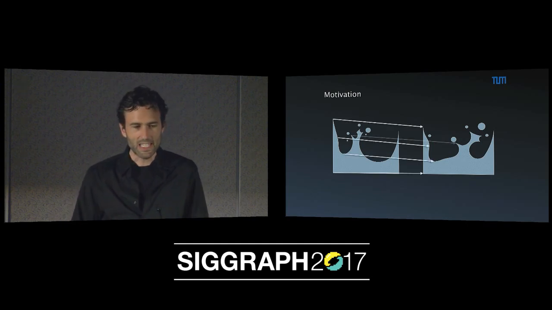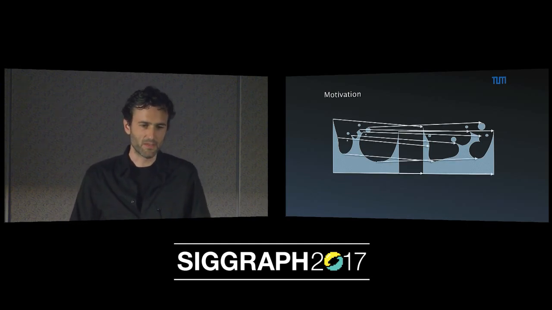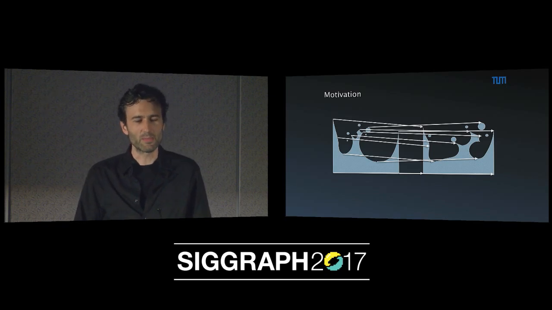And the problem here essentially means that we have to match up different parts of the surface, as shown here by these arrows. And the surfaces from these smoke and liquid simulations can be very complex. They change topology and change a lot over time, typically. So this is a non-trivial